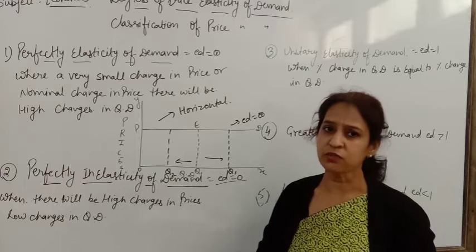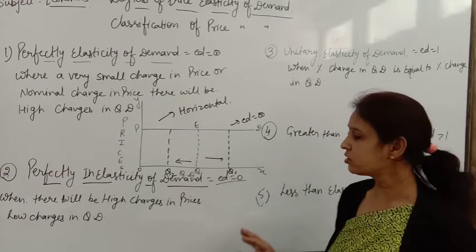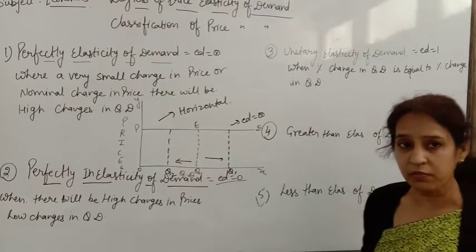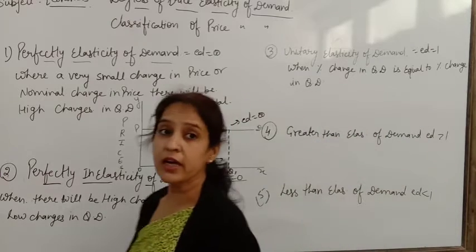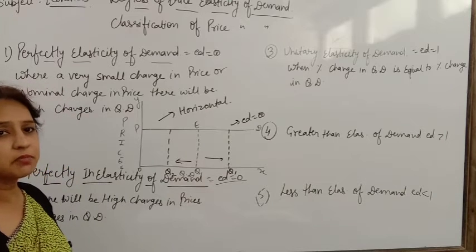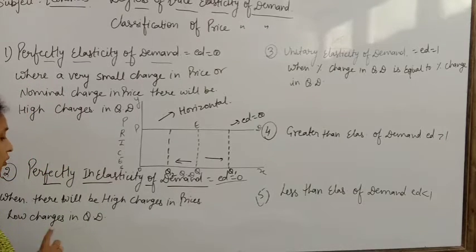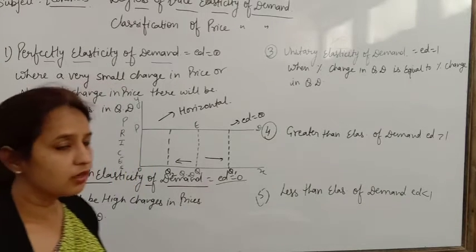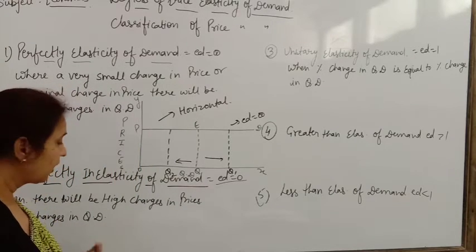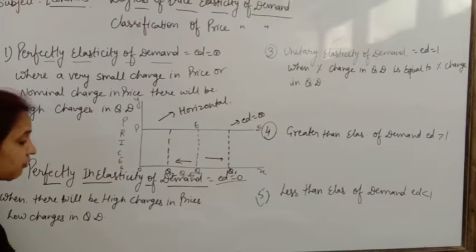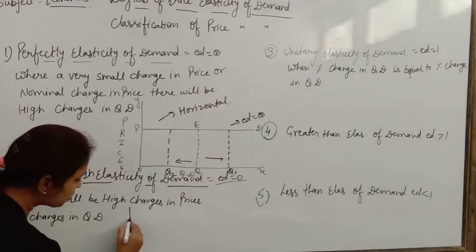Whatever the price changes, demand remains constant. That kind of elasticity is known as perfectly inelastic demand. The best examples of that are salt and medicine. Even if there is a decrease in the prices of medicine, no one is going to take a double dose or triple dose. That will remain the same, only as per the doctor's advice. Clear? In this situation, the demand curve will be in which direction?